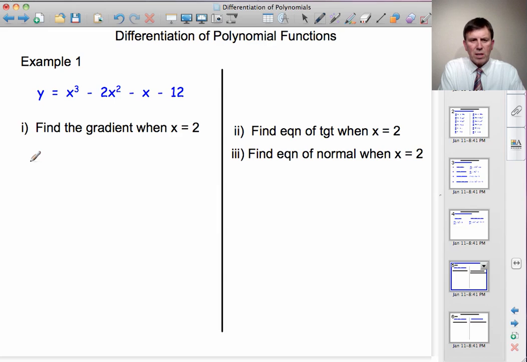y equals x cubed minus 2x squared minus x minus 12 means that dy by dx is equal to 3x squared minus 4x minus 1. When I differentiate the minus 12, it disappears. Now I want to find the gradient when x is 2. Well, the gradient of the curve is given by dy by dx. So we say when x equals 2,